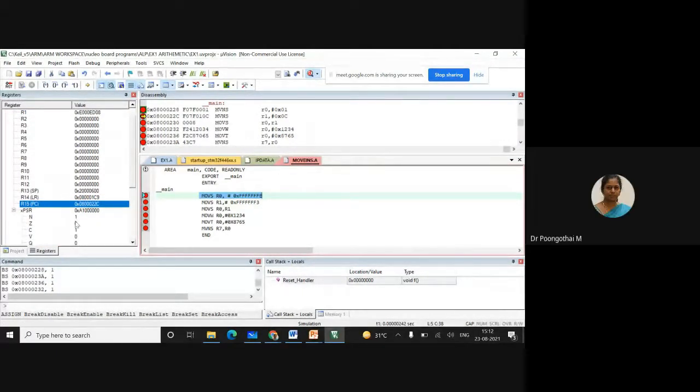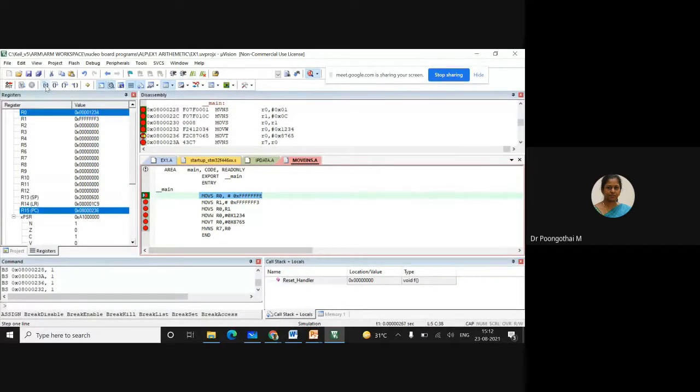Okay. Now your negative flag is set to 1 during the execution of this move S R0 comma this value. Next, I'm going to execute the next move S instruction. Again, your negative flag is set to 1, to indicate that this number is a negative number. That is, the 31st bit is 1. So it represents that this number is negative.